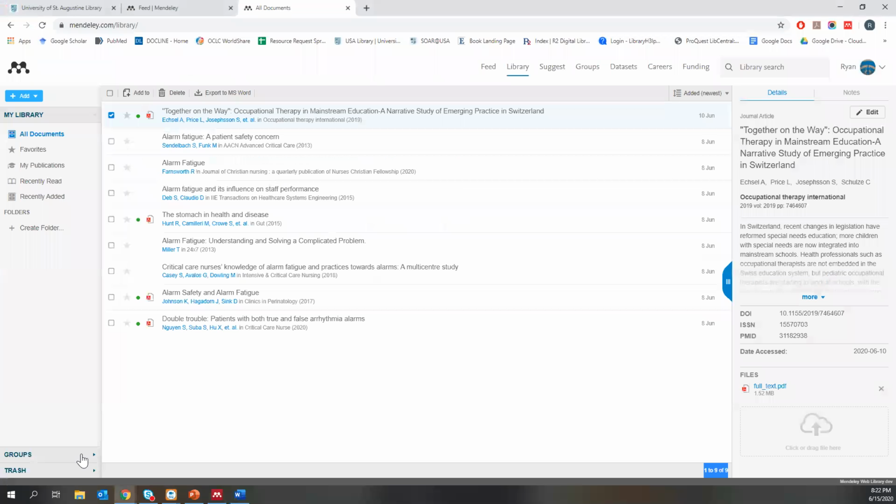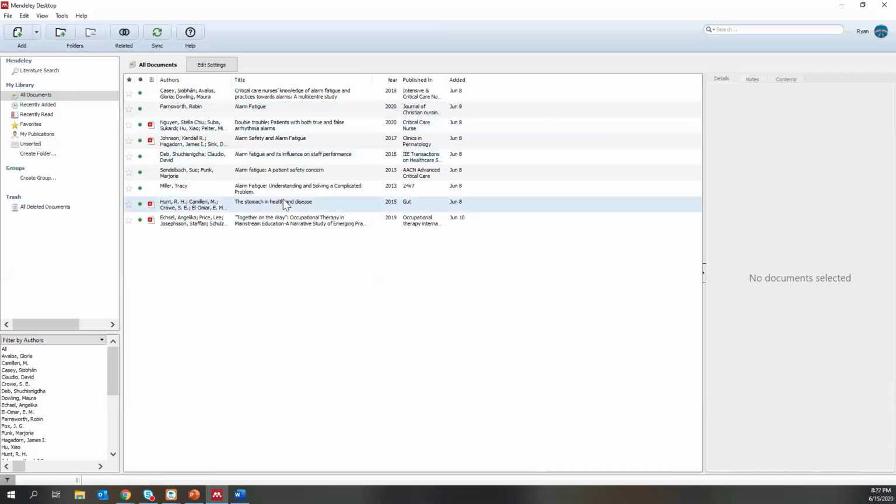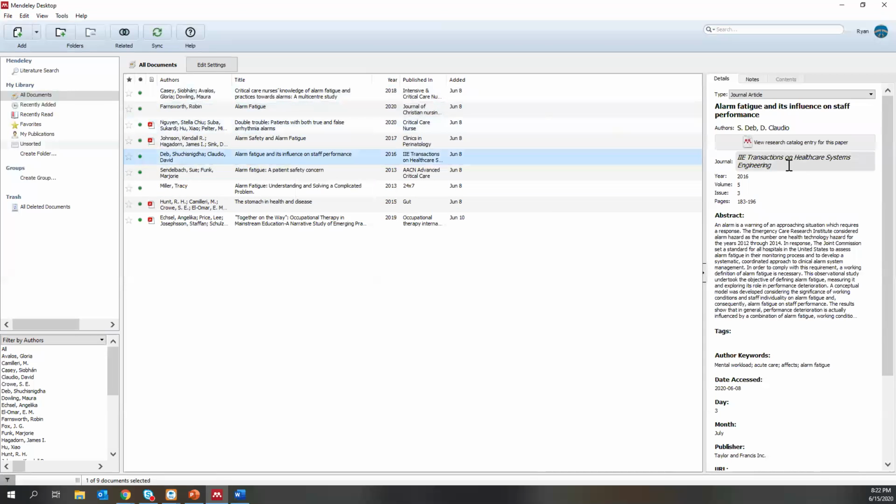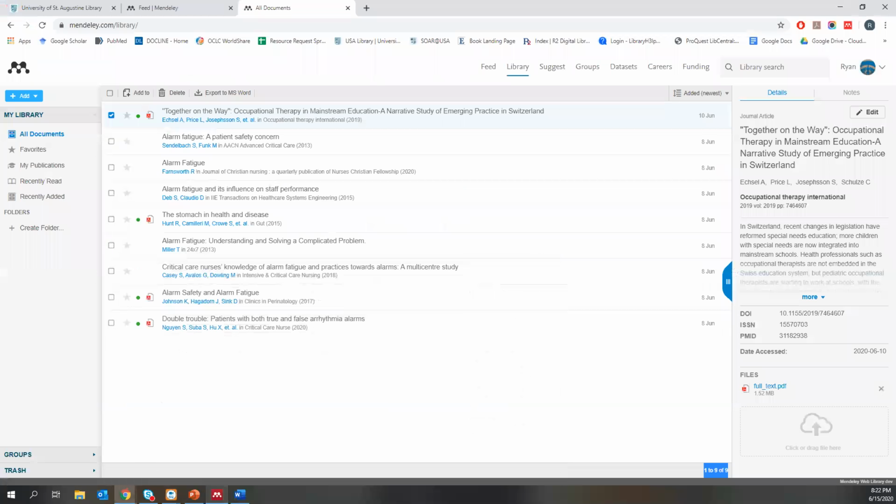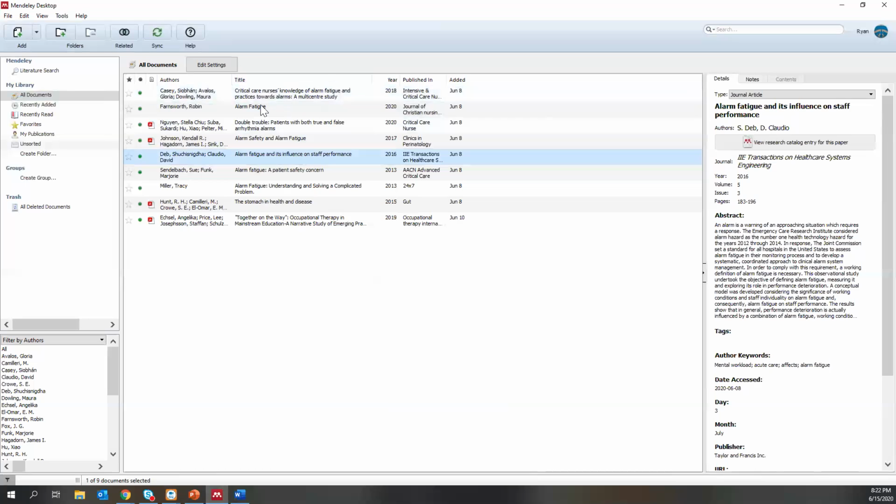So when I go to the web library, it'll reflect that. I should have looked at the citation that I did that for. I guess it was this one. Yeah. So it will automatically update the entry here, and of course vice versa. So if you're going to use Mendeley, just get in the habit of using the sync